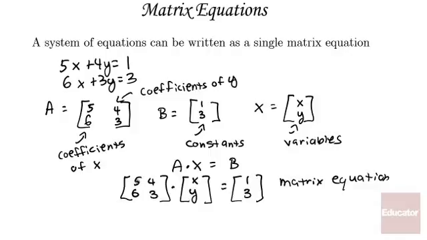With matrix multiplication, I'm going to multiply this first row times the column. I only have one column, and it's going to give me, for my product matrix, 5x plus 4y. I can't go any farther. Now, for this second row, I'm going to also multiply it by the column, and then that's going to be 6x plus 3y equals,